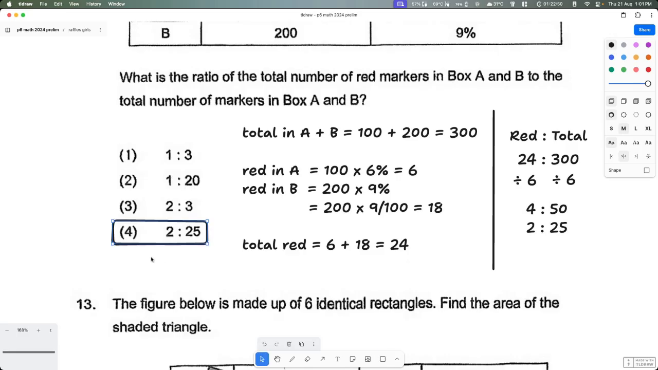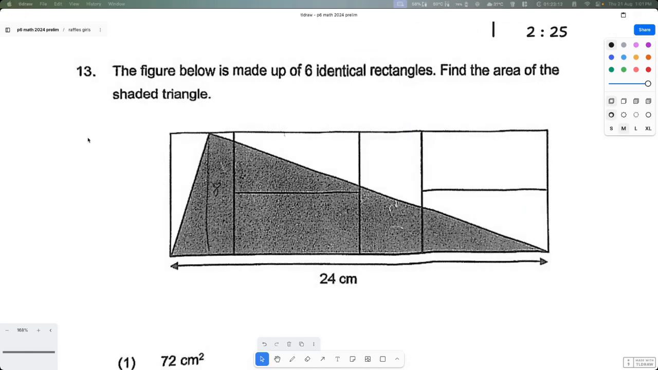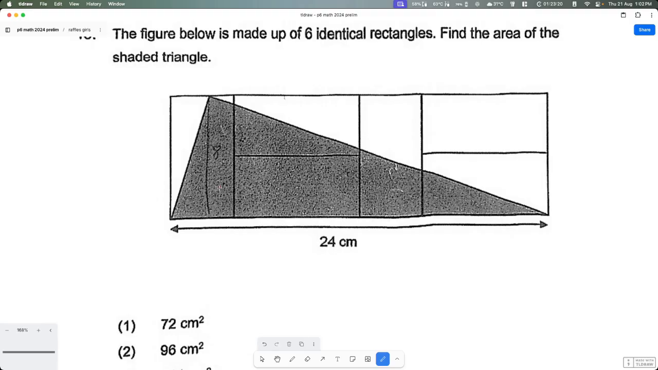Okay, let's move on to the next question. So this one we just divided by 2. Question 13. The figure below is made out of 6 identical rectangles like this, and then find the area of the shaded triangle. So this over here,